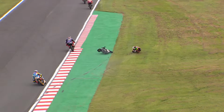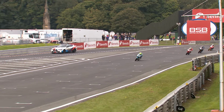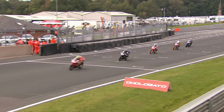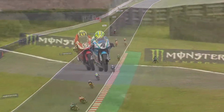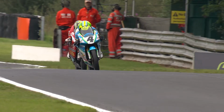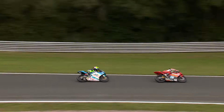Then look at Emmanuel Brinton, lost the rear very fast through the exit of Cascades. No points for the number 43. The safety car came out. Once it was back in, it was Sullivan Mounsey that was leading the way as some other riders went grass tracking, but back at the front it was Mounsey versus Belford for the race lead as they came through into